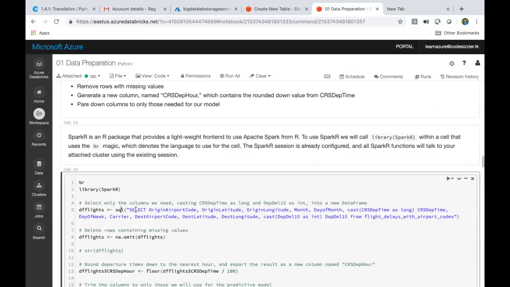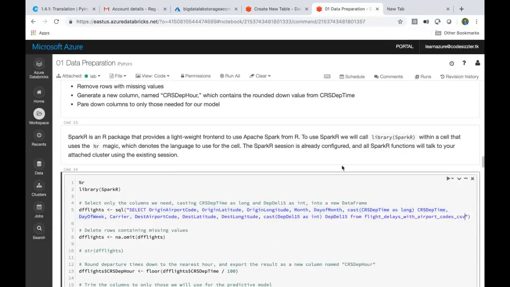See here, I'm trying to read the data set, saying select all these things, and I'm casting it as long, right? I'm casting this also as an int here. I'm taking only what is required, not everything. I'll say it as here underscore CSV.